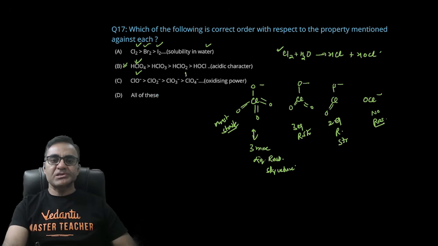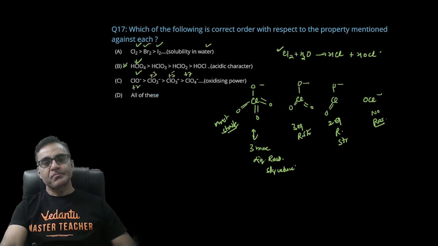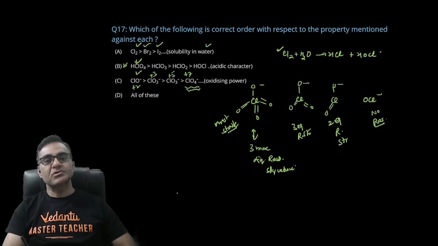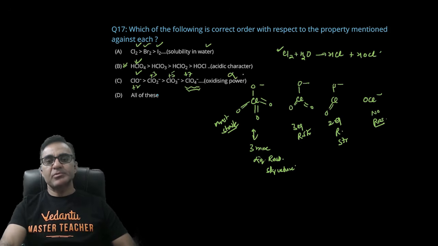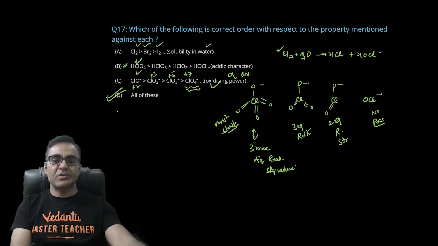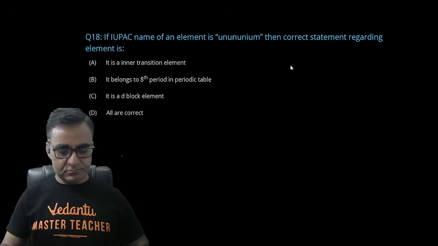यहाँ पे क्लोरीन का ऑक्सीडेशन नंबर अगर आप निकालोगे तो यहाँ +7 है, यहाँ +5 है, यहाँ +3 है, यहाँ +2 है, right। तो जितना ज्यादा सेंट्रल एटम पे ऑक्सीडेशन नंबर होगा उसकी ऑक्सीडाइजिंग पावर उतनी ज्यादा होगी, directly proportional to oxidation number of central element। तो C भी एक करेक्ट स्टेटमेंट है, that means आपका ऑप्शन D होगा correct option of this question। Alright, तो इसका आंसर हो गया D। ठीक है।